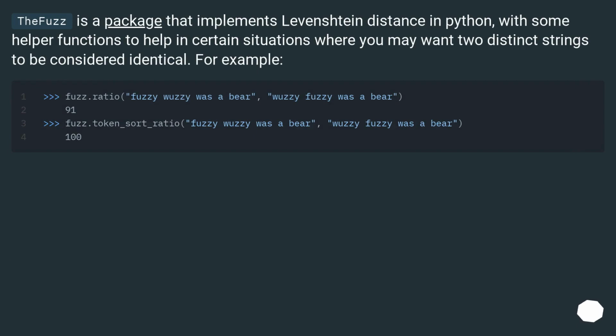Fuzzywuzzy is a package that implements Levenshtein distance in Python, with some helper functions to help in certain situations where you may want two distinct strings to be considered identical. For example,